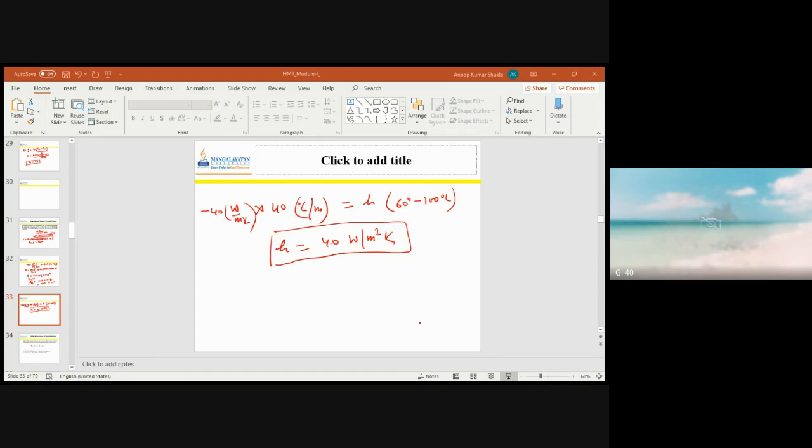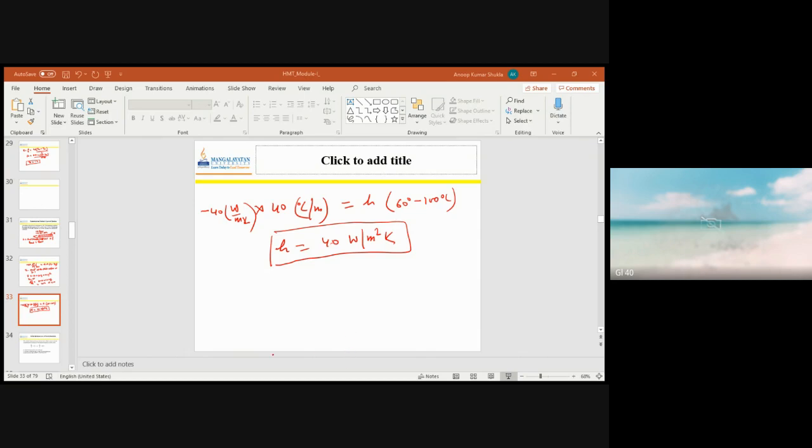In similar fashion as convective heat transfer, we can take this radiative heat transfer as HR into A into Ts minus T infinity,